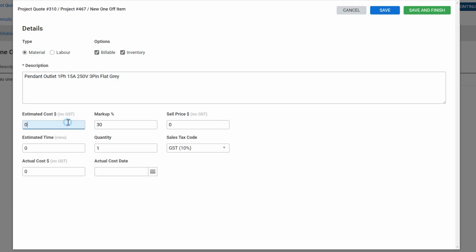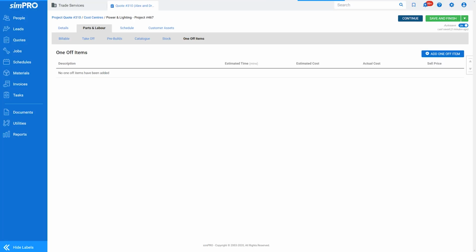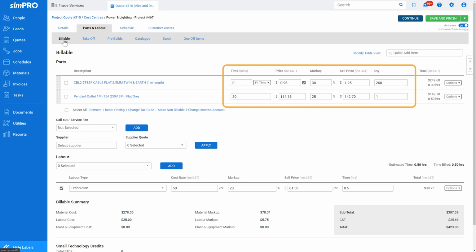Enter the estimated cost and markup or sell price. If the item includes associated labor, enter an estimated time in minutes. Enter the required quantity of the item. Select a sales tax code. Click Save and Finish. In the Billable sub-tab, you can adjust the estimated time for each item, add a multiplier,